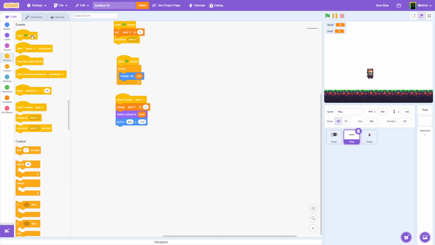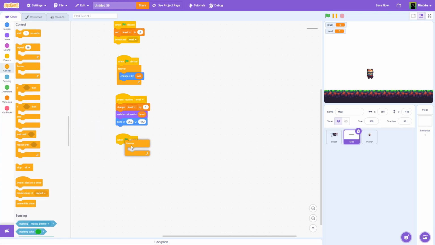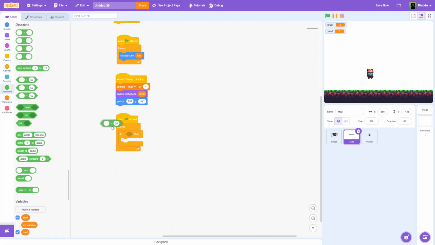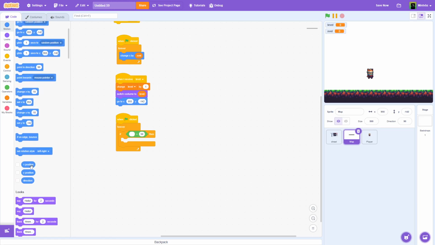So here's what we're going to do next. We're going to say when flag is clicked, we're going to get a forever block. We're going to do forever and if. Alright, and if we're going to get a greater than, we'll say if X position is greater than, and I'm going to do 955. So really, whenever your level goes, pretty much whenever you're walking backwards, your X position here